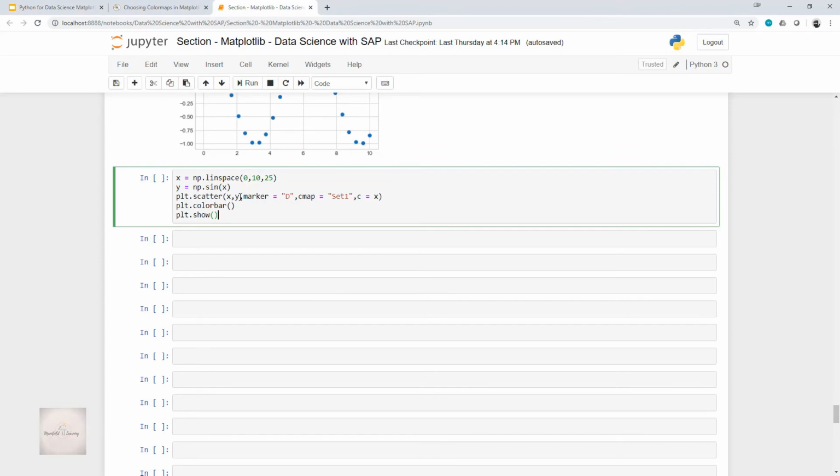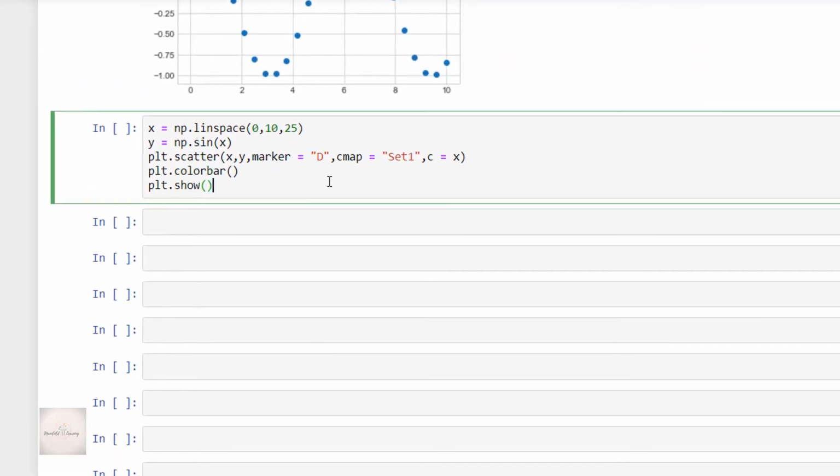After this, we have one more function. Yes, we have used another function, that is plt.colorbar. So this will just display the color scale. Okay, this color bar will be displaying the color scale. And guys, you will understand it in a much better way as we execute this code. So finally, I'll be giving plt.show, and we all know what plt.show actually is. So let me execute this code cell.